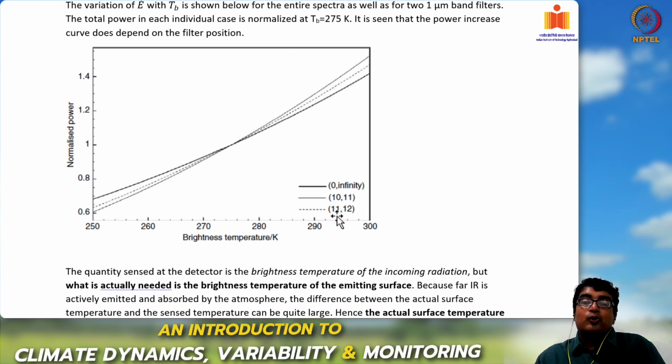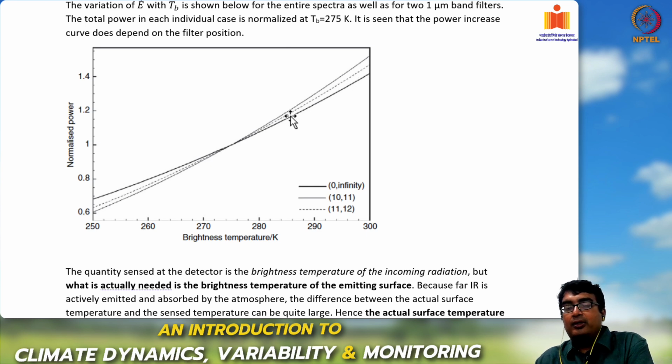Similarly, we are looking at two different IR bands, one varying from 10 micrometers to 11 micrometers, so lambda min is 10 and lambda max is 11 micrometers. Another band is 11 micrometers to 12 micrometers, so lambda min is 11 and lambda max is 12. This is the 10 to 11, this is 11 to 12. What you can see, and all of these are again normalized with the actual value obtained at 275 Kelvin for that filtered band,